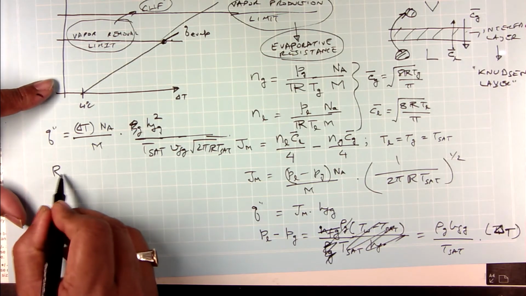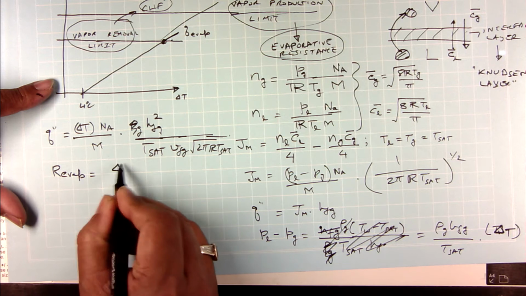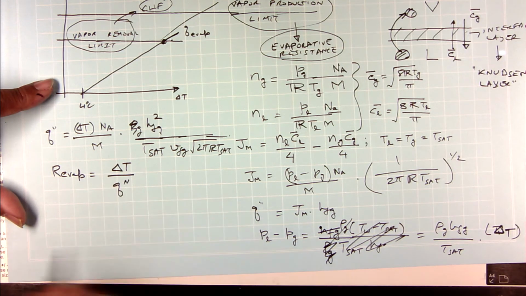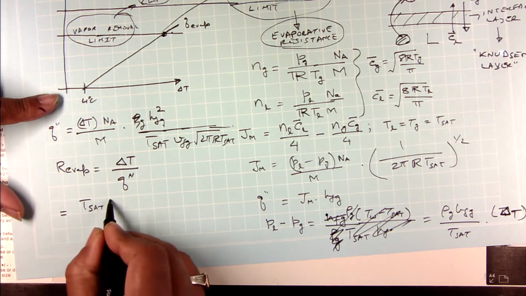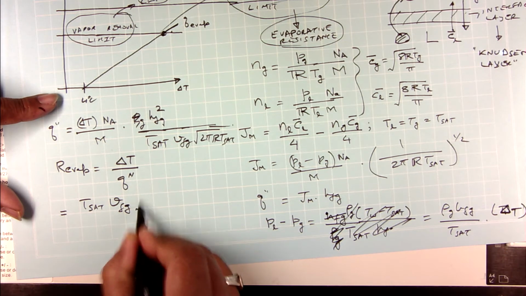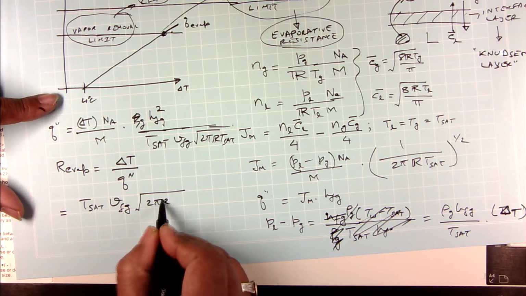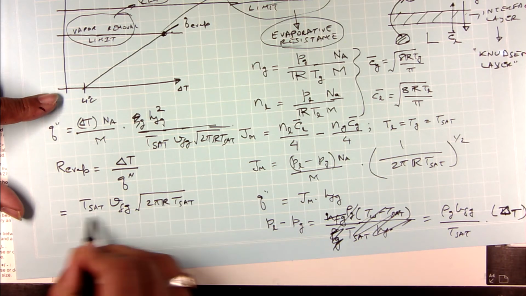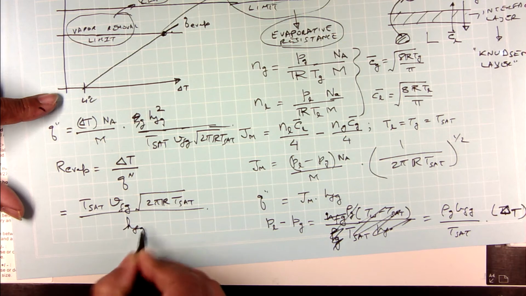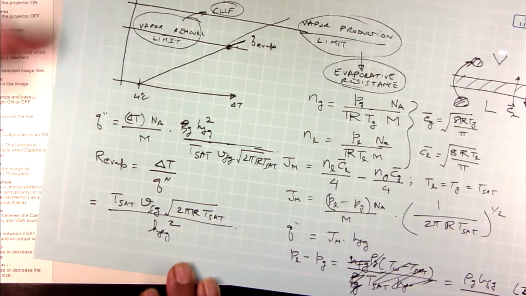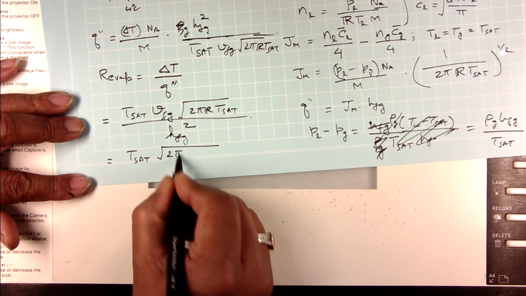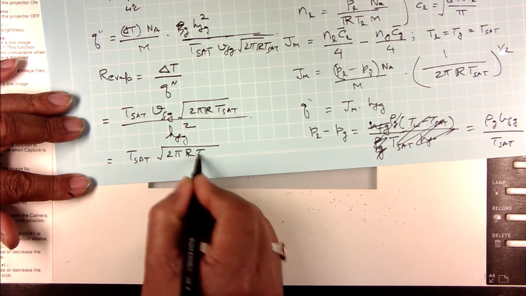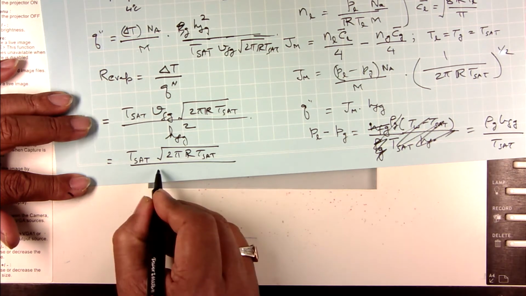And so my evaporative resistance R evaporation is nothing but voltage divided by current, right, that is my resistance. And so that comes out to T sat times VFG times 2 pi r, the gas constant, times T sat divided by HFG square. And if I assume that VFG is nothing but 1 by rho g, I can simplify this further and write it as T sat times root of 2 pi r T sat divided by rho g times